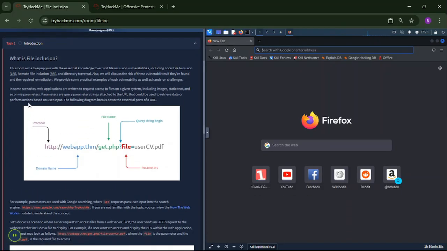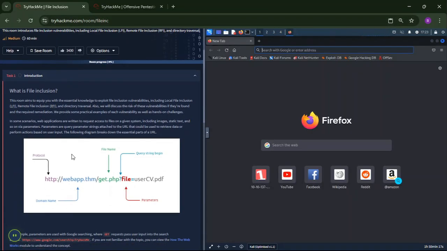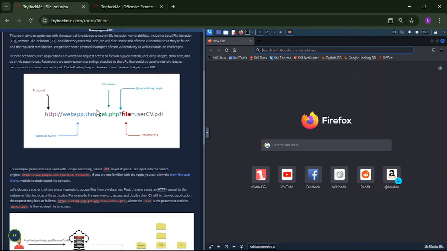In some scenarios, web applications are written to request access to files on a given system, including images, static text, and so on via parameters. Parameters are query parameter strings attached to the URL that could be used to retrieve data or perform actions based on user input. Parameters for a GET request are generally separated with a question mark, and then file equals user